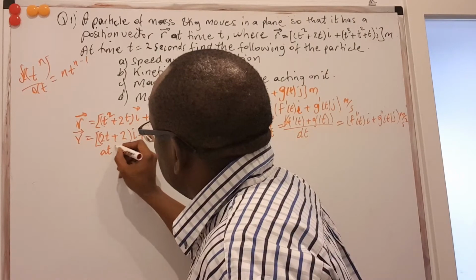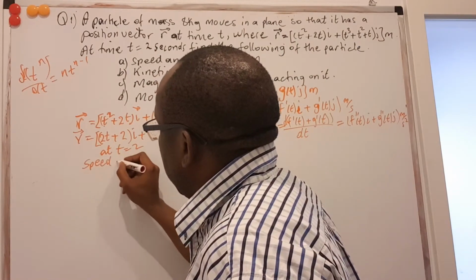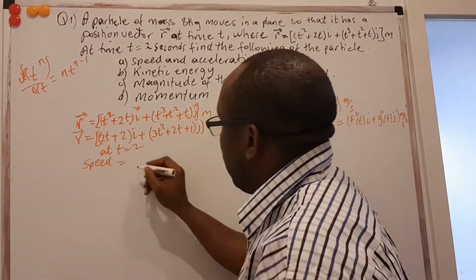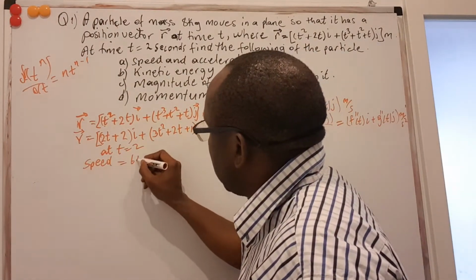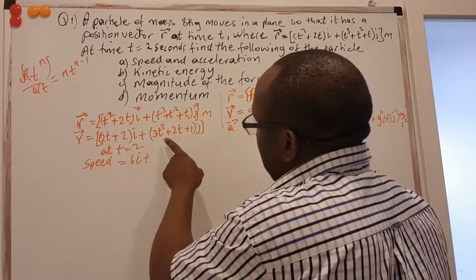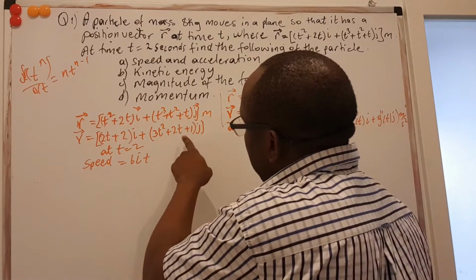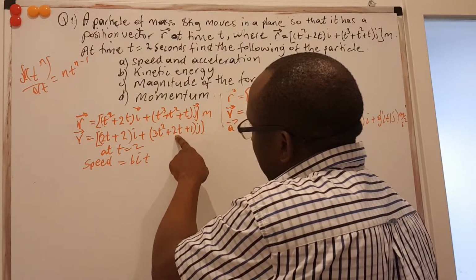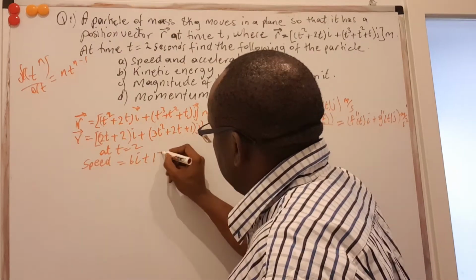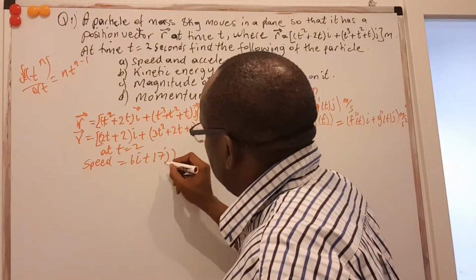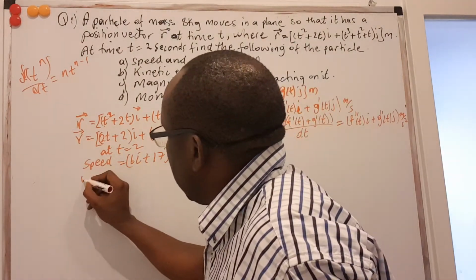But at t equal to 2, the speed will be, I substitute 2 into that equation. So this is 2 times 2 is 4, 4 plus 2 is 6. So this is 6i plus 2 squared is 4, 4 times 3 is 12, 2 times 2 is 4, plus 12 is 16, plus 1, 17. So that's 17j meters per second. And the acceleration,